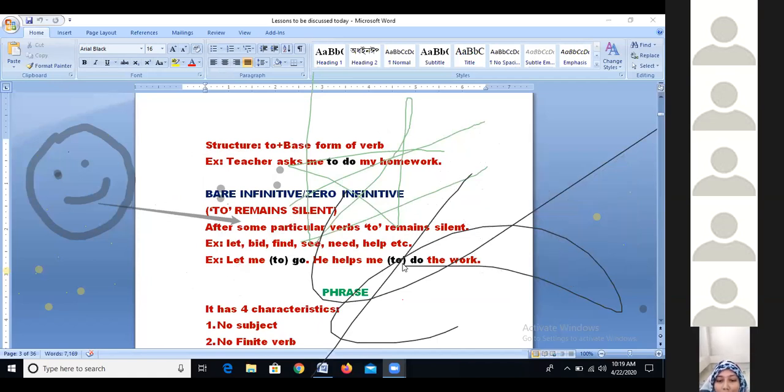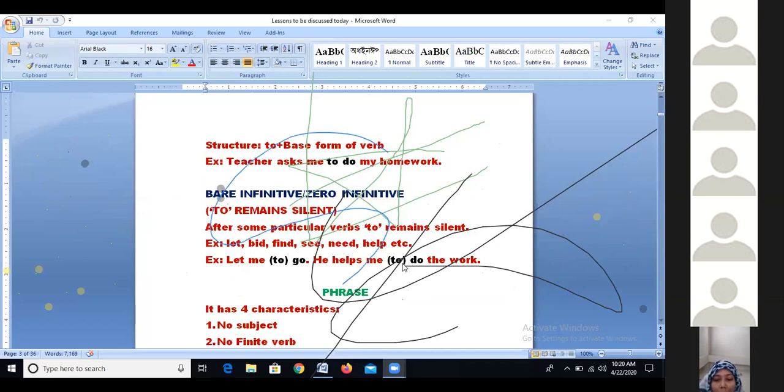So while you will go to solve the exercises of right form of verbs, you must keep all these things in your mind. Otherwise, if you only guess the answers from your assumption and try your fate, then I think you may be in trouble. You should have very clear ideas of all these things. Otherwise, it is very, very difficult to choose the correct form of verb.